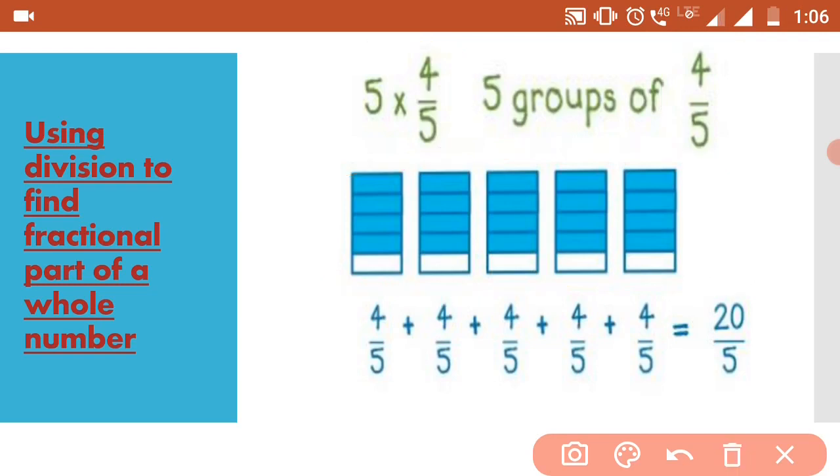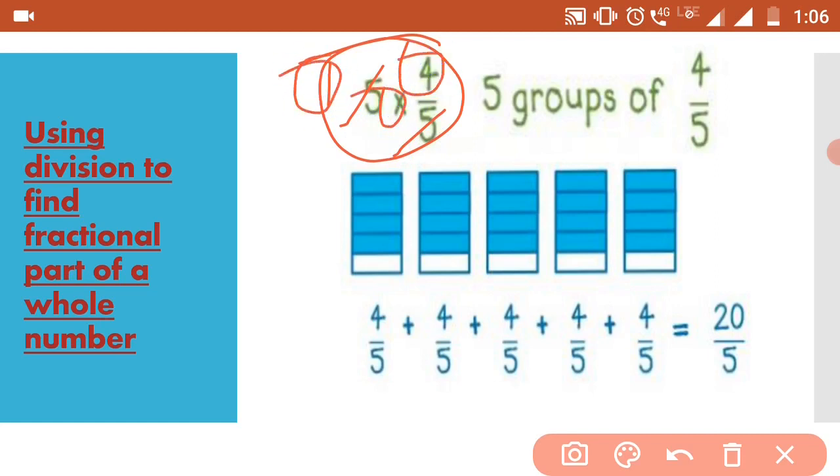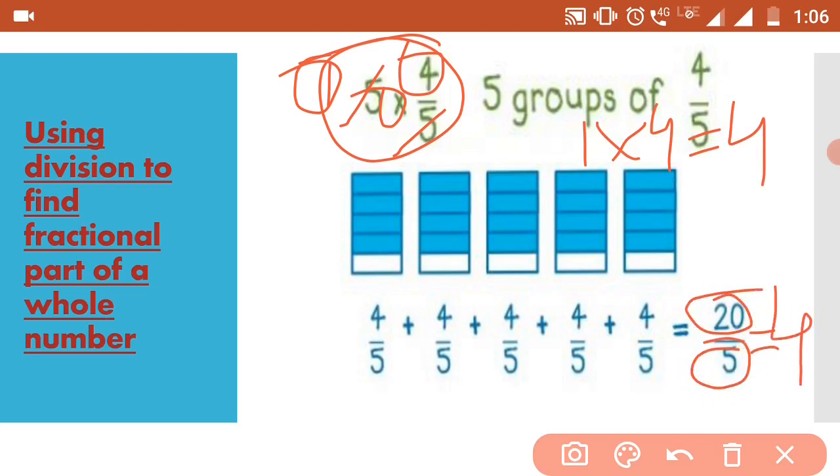As you can see, we have to solve this, right? So first divide 5 by the 5. 5 ones are 5. Now what is remaining here? 1 and 4. And what is the symbol between? Multiply. So 1 multiplied by 4 and you will get the answer 4. And if you divide 20 by 5, here also you will get the answer 4. So it's very simple. Let's see some more examples so it will be clear to you.